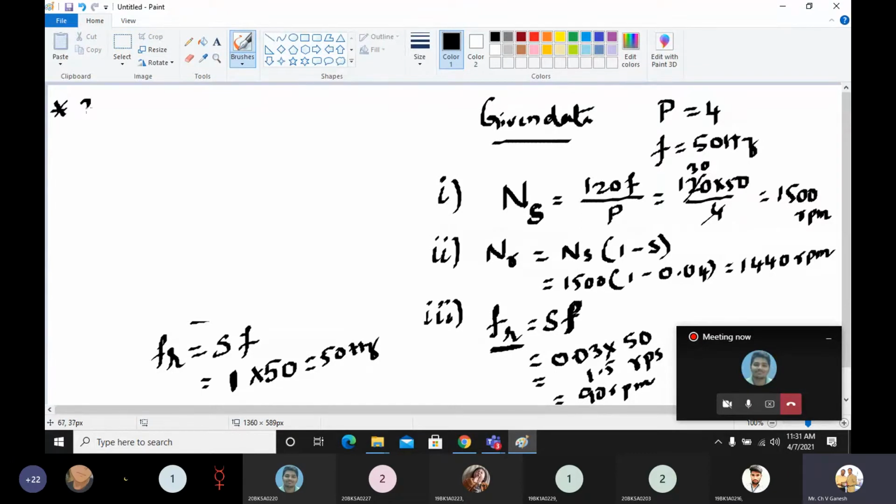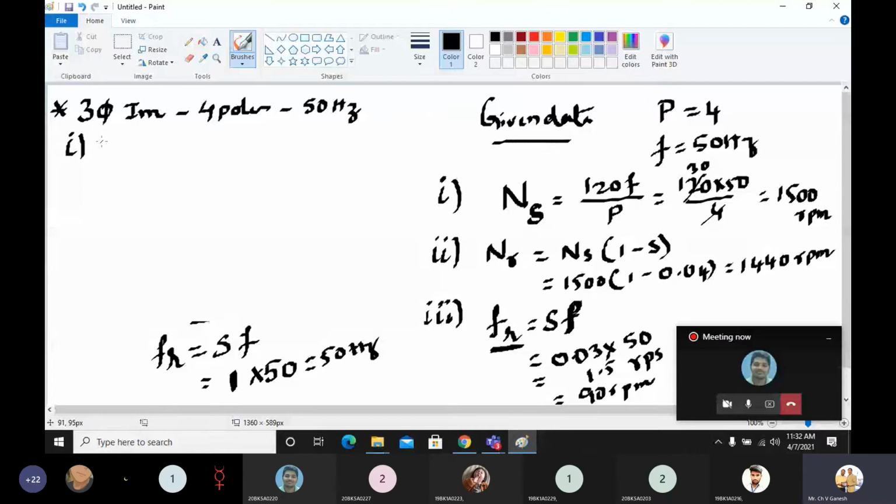A three-phase induction motor is wound for 4 poles and is supplied from a 50 Hz system. Full stop. Calculate